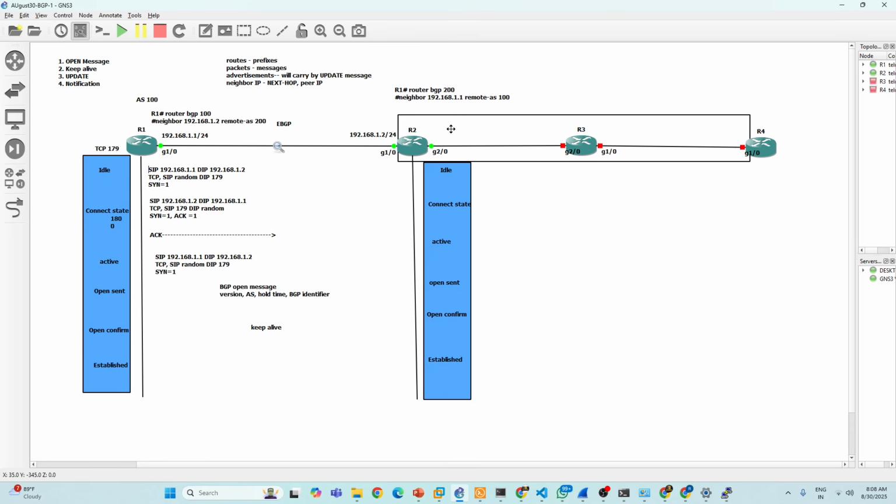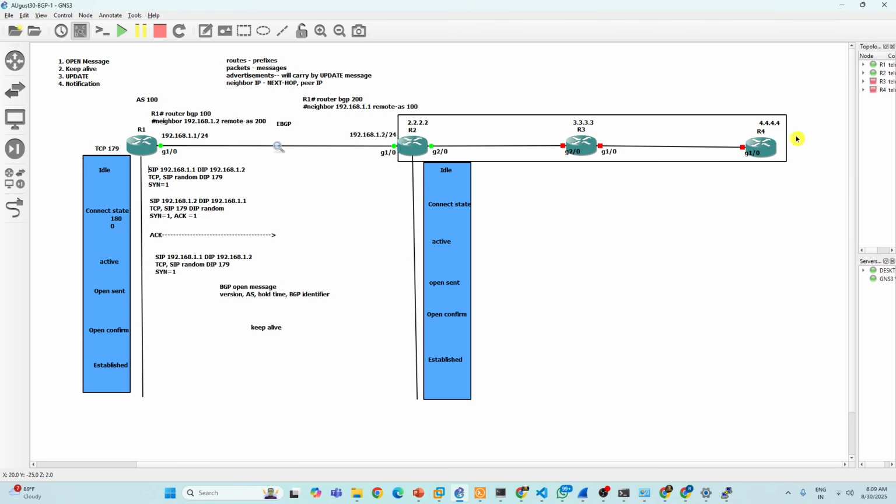Here it is BGP, right? No problem. Here also we can configure BGP. The router 2.2.2.2 is here, 3.3.3.3 is here, and 4.4.4.4 is here. What is it? It's a loopback IP interface. Everyone knows, right?